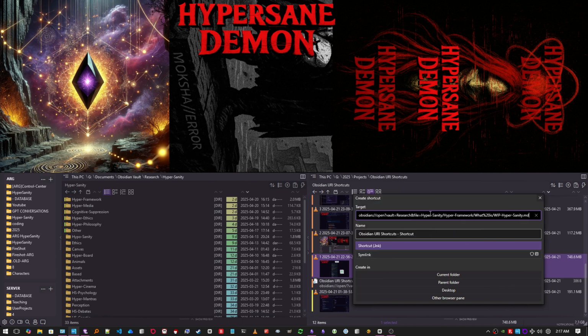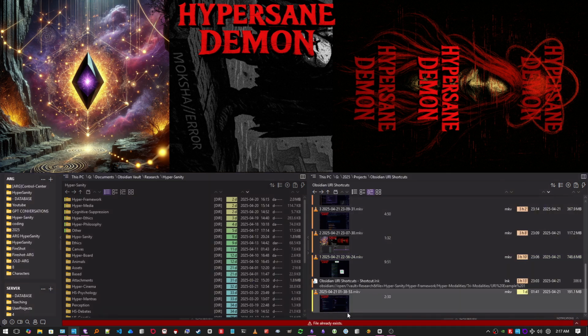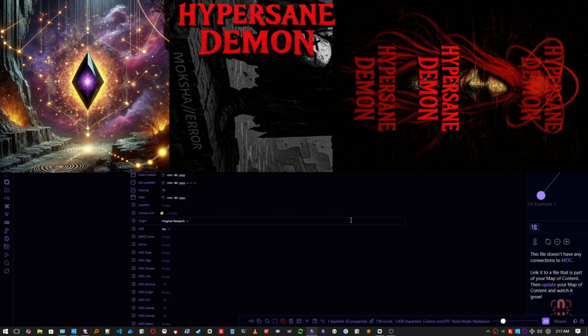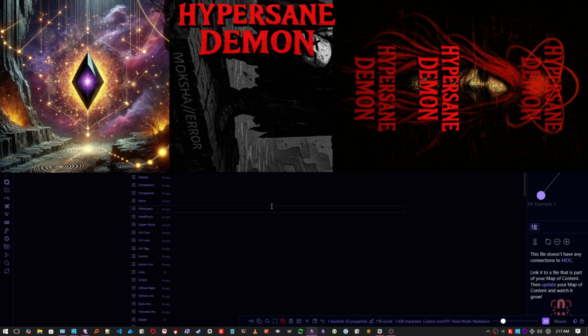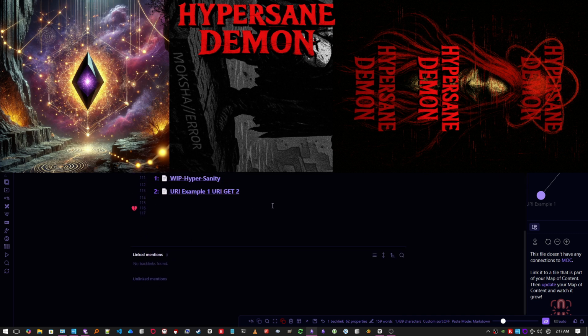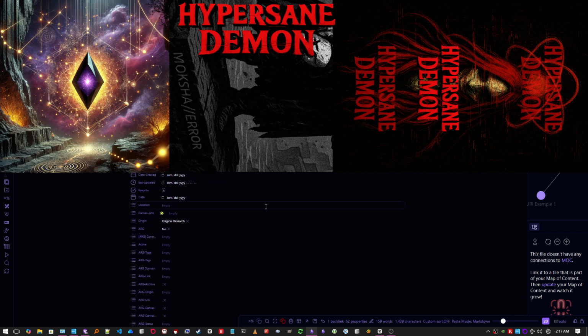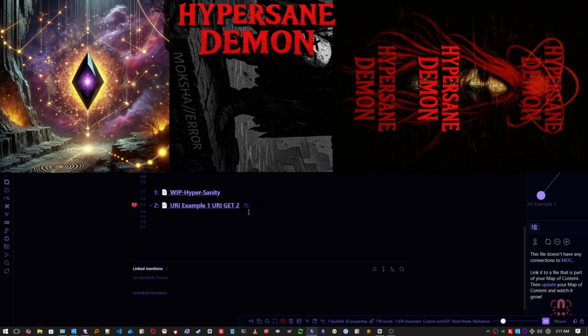For the shortcut target, paste in your URI, current folder. File already exists, which is this one. I click this, and then it opens this file, which is the same file. And there you go. That's how you make shortcuts for your vault, where it actually opens inside your vault